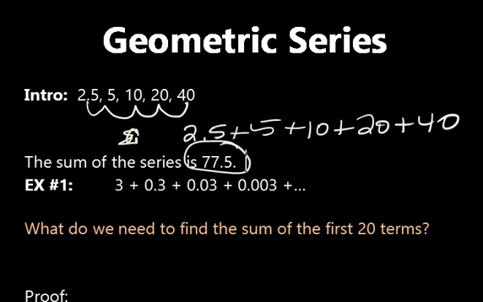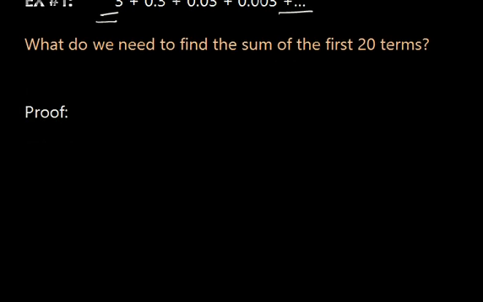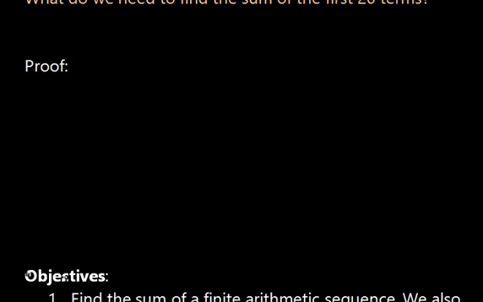But if we had a geometric series where it is either infinite or we have a lot of terms in our geometric sequence, we could spend a lot of time and most likely make a lot of errors calculating out the summation. We'll come back to this problem, but this is the big puzzle that we have right now, and we'll be going over what we need to find the sum. But I would like to introduce to you the proof of how we come up with the summation formula for